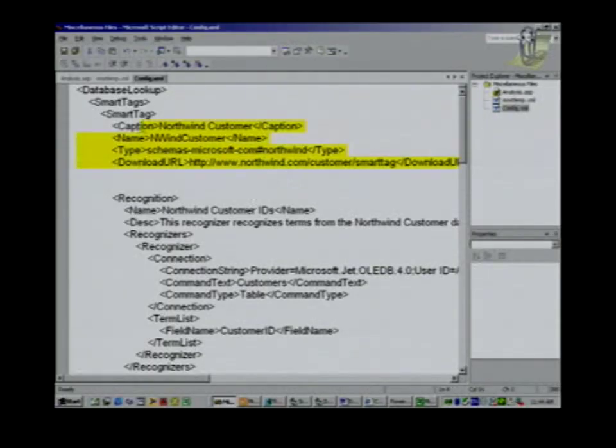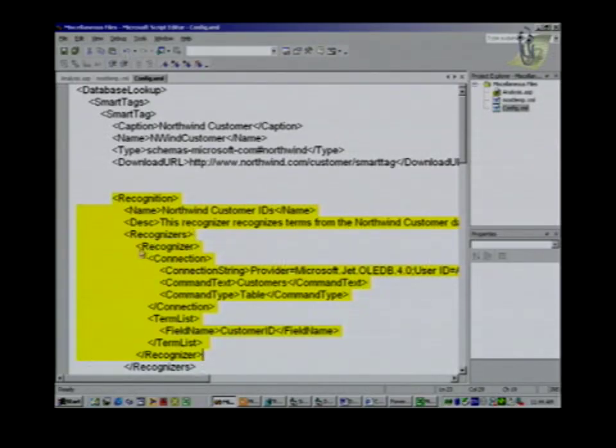So anyway, at the top of this DLL, we can specify some metadata about this recognizer, the name for it, the smart tag type, which is of really critical importance if you want to build other DLLs on your own that interact with this recognition that you're doing. And here's the section where I talk about how to do recognition. First of all, I give it a name, Northwind customer IDs, and this is actually the text that will show up in your tool's autocorrect dialog,